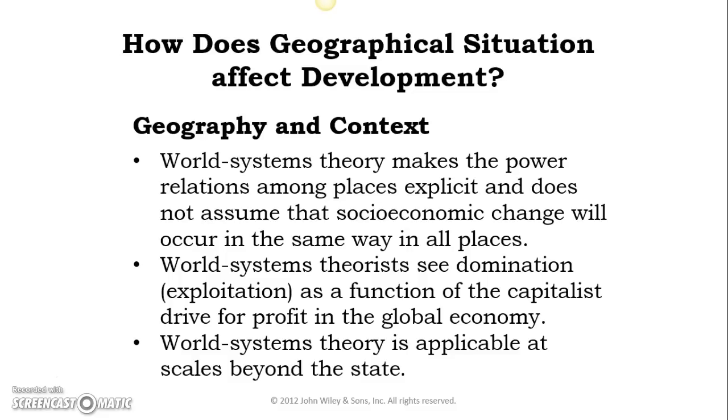Okay, and the nice part about world systems theory is that we can look at it at scales beyond the state. Okay, so we can look at periphery processes in core countries, for example. So we could look at some of the poorest areas in the United States and we could say, wow, they really have periphery processes. Those are really areas where there's not a lot of higher level education, where people are engaged mostly in primary economic activities, so there's lots of unemployment, right, and things like that, versus areas where there's core processes in periphery countries, right?